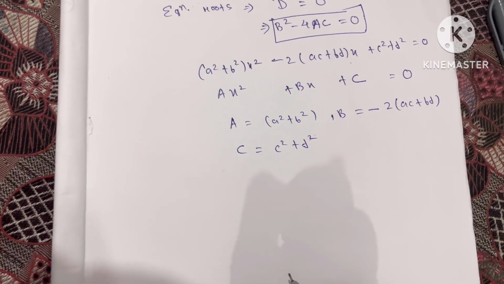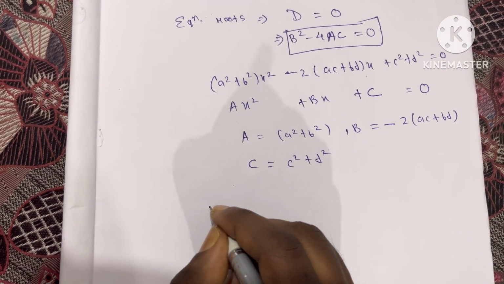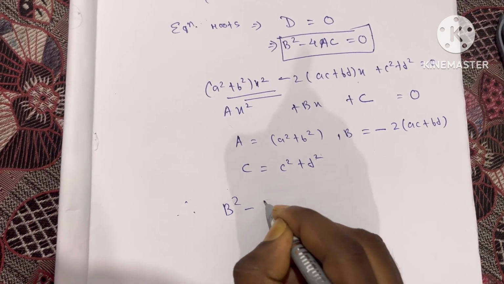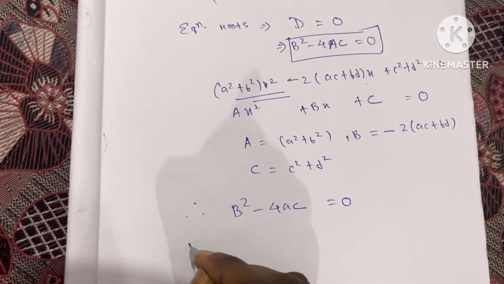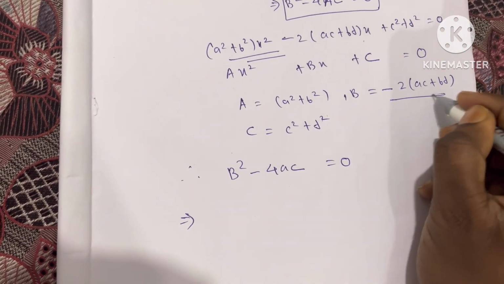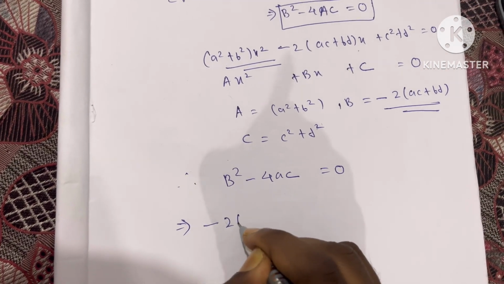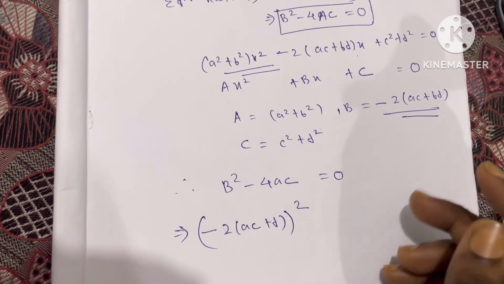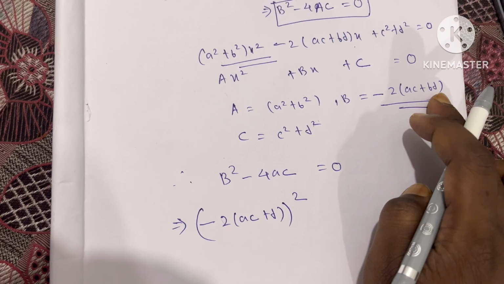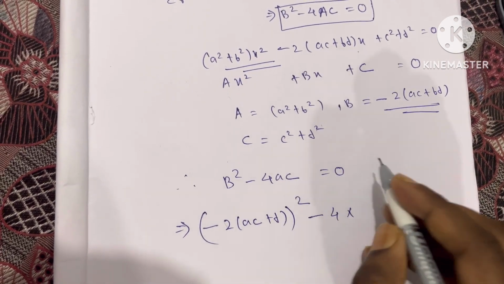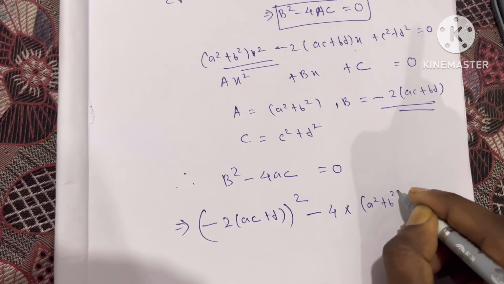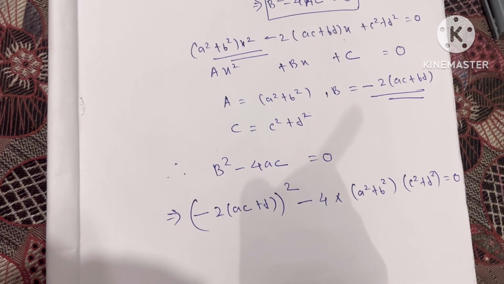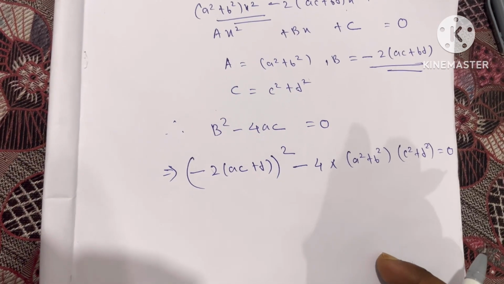Okay. So according to the question, this equation has equal roots. So that means discriminant, b square minus 4ac, is equal to 0. So which implies b square. What is the value of b here? b is equal to minus 2 into (ac plus bd), whole square. Yes or no? Because the value of b is minus 2 into (ac plus bd), so minus 4 into a. What is the value of a? a means a square plus b square. 4ac means c square plus d square. So which is equal to 0. Clear? So if you simplify this,